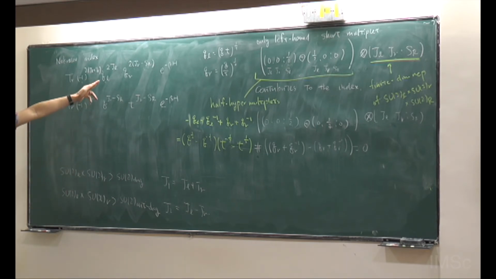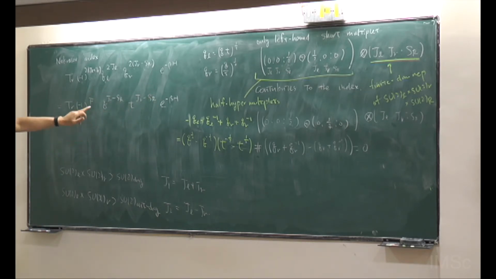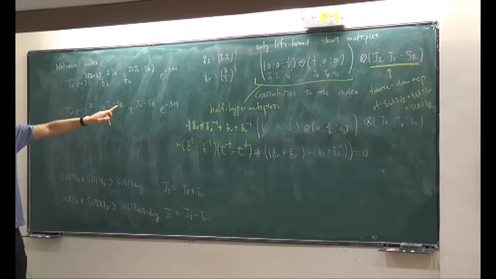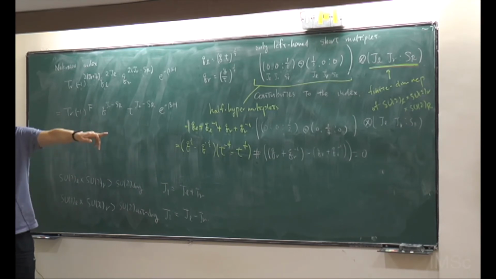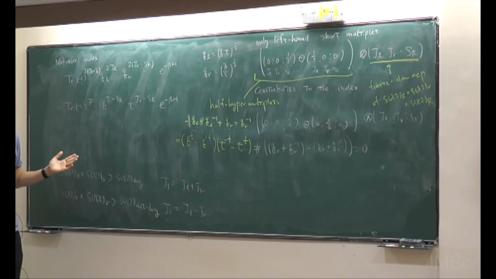You just plug into here and use this relation. What you get is this one. So therefore, this is what we saw in the refined Chern-Simons invariance, whereas refined Chern-Simons invariance is defined by index, and which takes the following form. Whereas in this case, J2 is this anti-diagonal part, and SR is the SU(2)R symmetry. Okay? So therefore, the refined Chern-Simons index is actually motivated by the Nicholson index, and as we will see later,